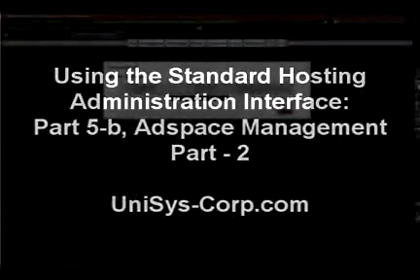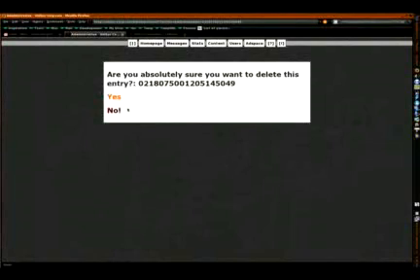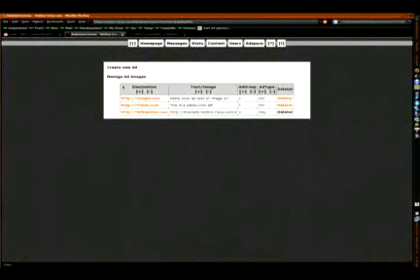Of the browser, let's just say. And delete does exactly as its name implies. We're going to say no. Alright, now that we have that under wraps, we are going to go ahead and try a different type of